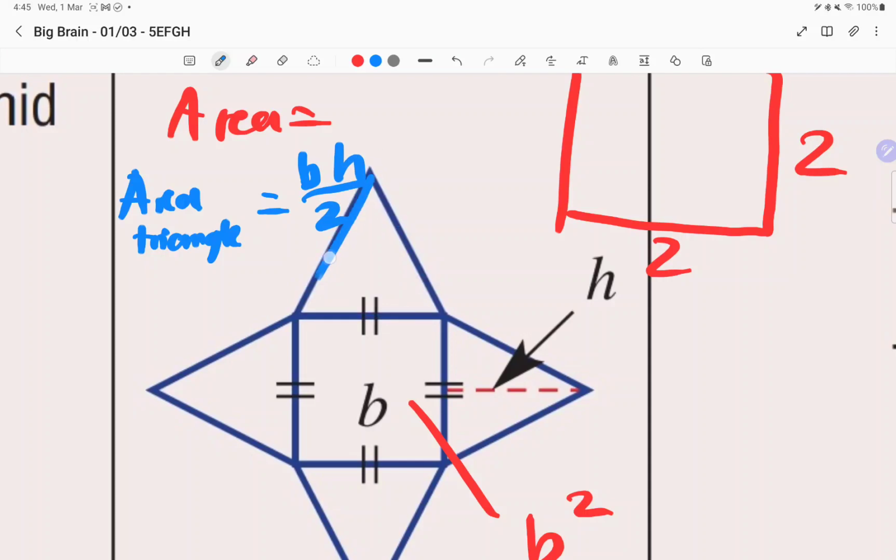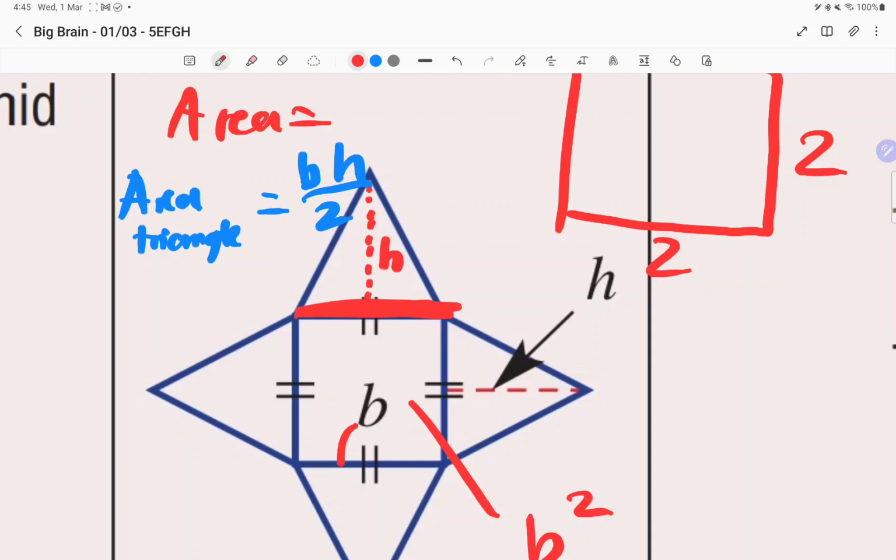What's the base of this triangle, given that the height, if I draw the height in, is 2? What's the base of the triangle based on that shape there? Hint, it's a square base pyramid. The base of the pyramid is a square. So if this side is B, the B there is saying that this side is B, which means this base of the triangle is